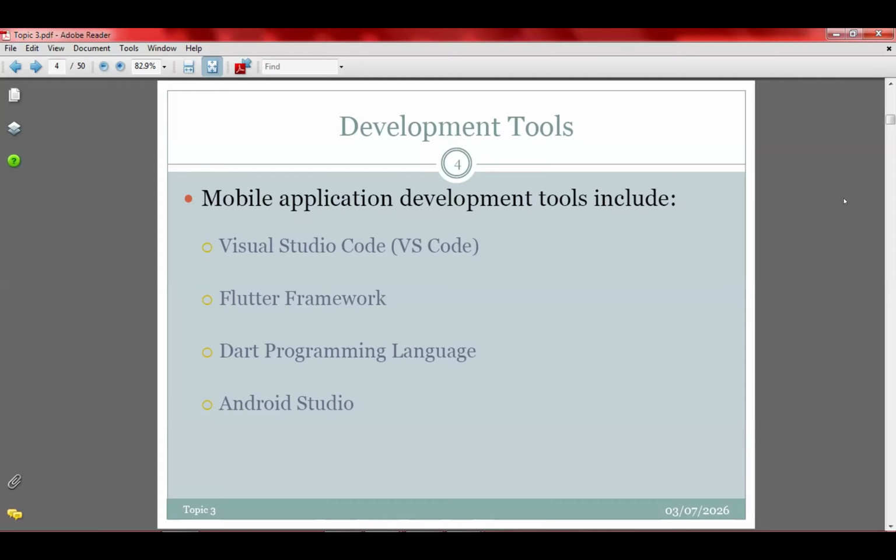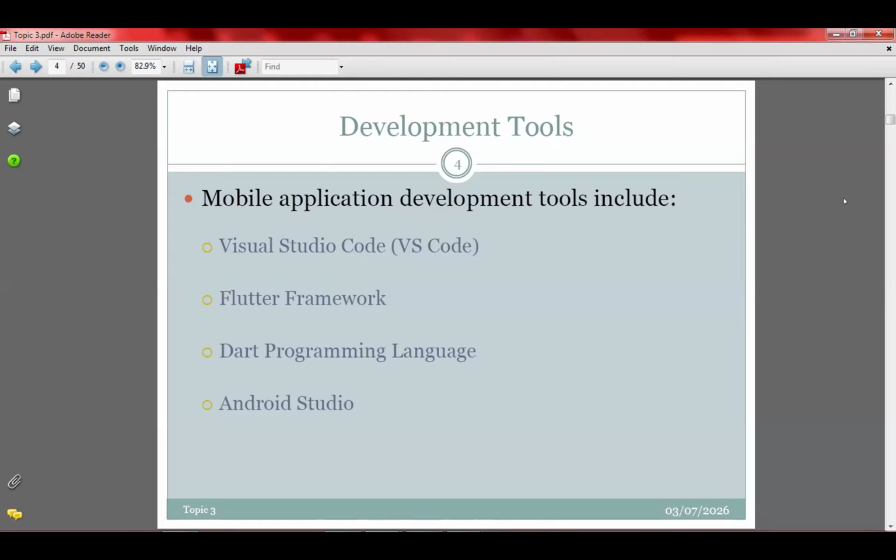Now, you can use the Flutter framework to develop a particular mobile app, and you can deploy it on all these platforms. So it is the Flutter framework that enables us to run the mobile app on these various platforms. It can be Windows, it can be Linux, it can be Android OS, iOS, or whatever. You need the Flutter framework. So technically, you cannot develop a mobile app without installing the Flutter framework.